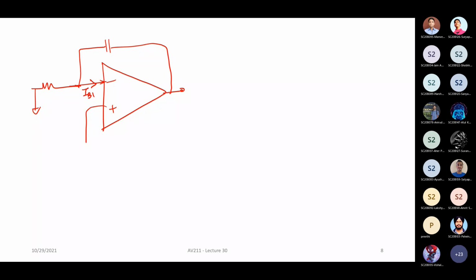All right. Because of this, it can charge up your capacitor and ramp the signal to either plus VCC or minus VCC. Which is why we put one RF across it, and we also put another resistor from the plus terminal to ground. These are the things that are done in a practical integrator to handle the real-world problems that you face with op-amps.